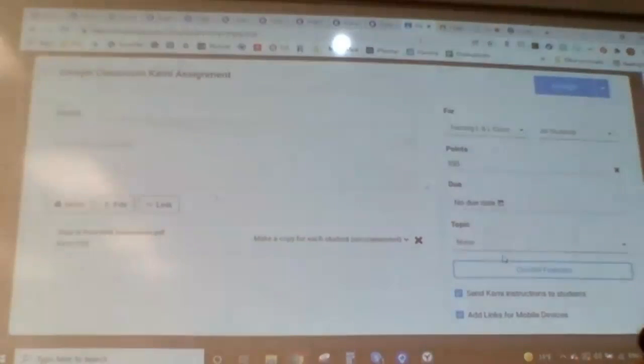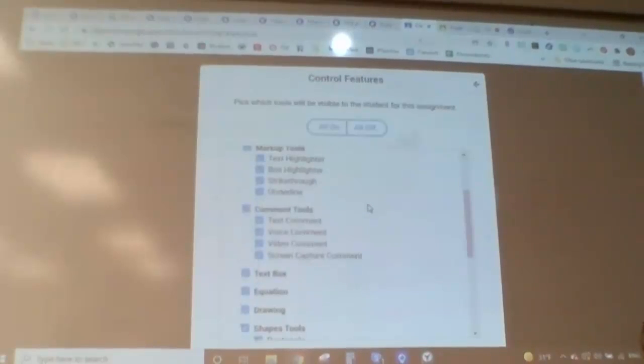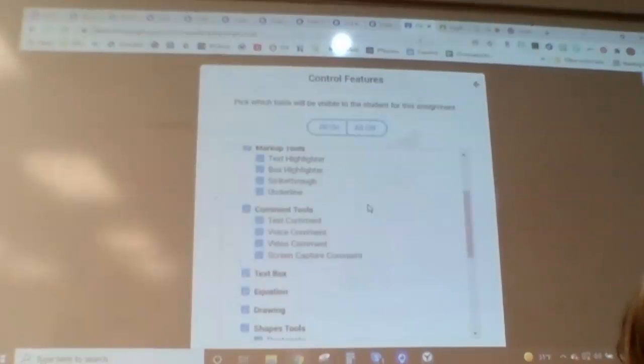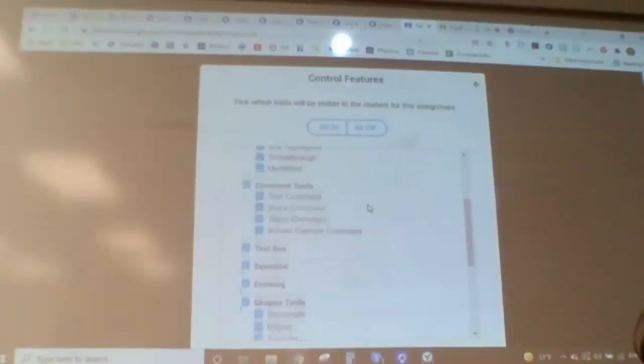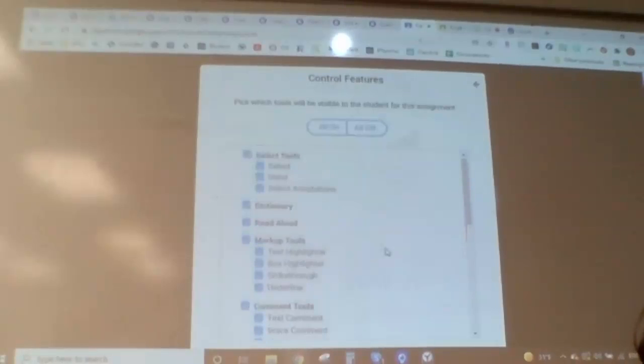All right, so one of the things that I do like about this is because children get overwhelmed and they like to do all the things, and there's a whole lot of tools in Cami for them to do all the things. So when you're assigning it, if you click on control features, you can select the tools they have the option to use. So you could turn off the video comment if you don't want video comments. You can say they can't use the drawing tool or whatever, so you can control it a little